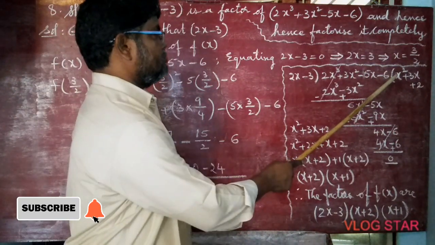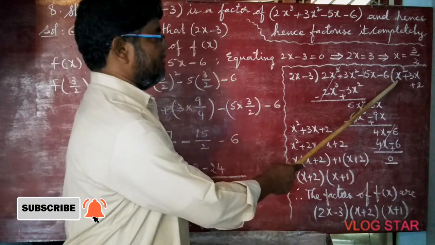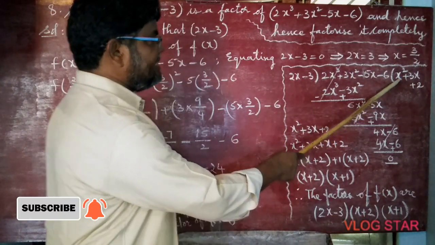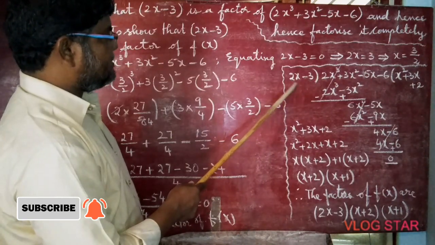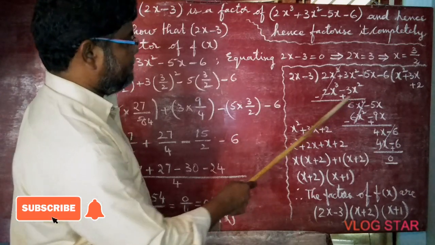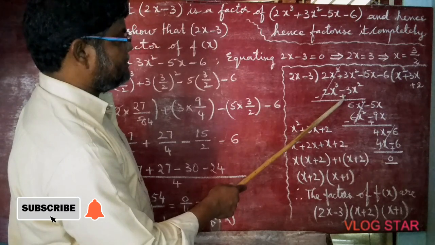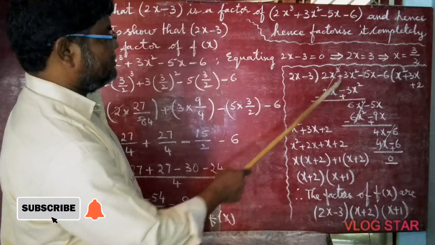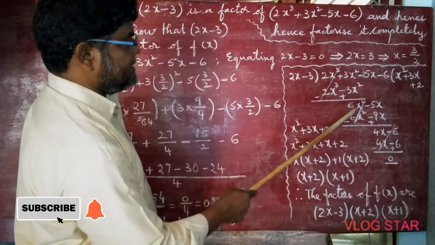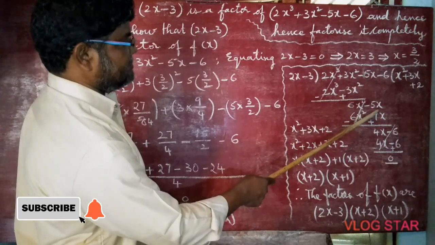Here plus is there, so first sign, next number. 2 goes into 2 one time, so 1 I wrote. Here x is there, here x cube is there, so with x square. With this x² you multiply 2x − 3. You will get 2x³ − 3x². The second one's sign changes: plus becomes minus, minus becomes plus when we are subtracting. So both get cancelled. 3x² plus 3x² is 6x². Next bring the next term, −5x.